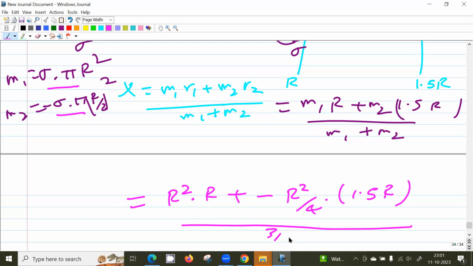So similarly, if you have a disk which is rotating about an axis, okay, and there is some small mass here, okay. If I move